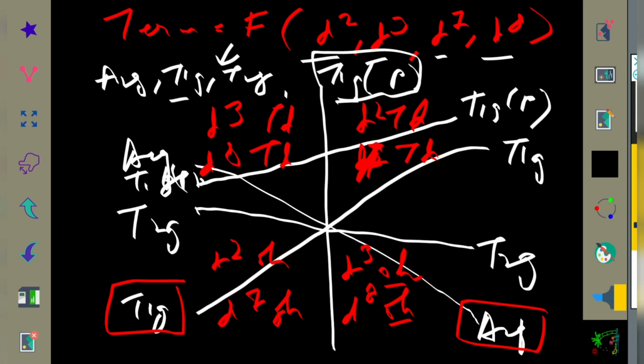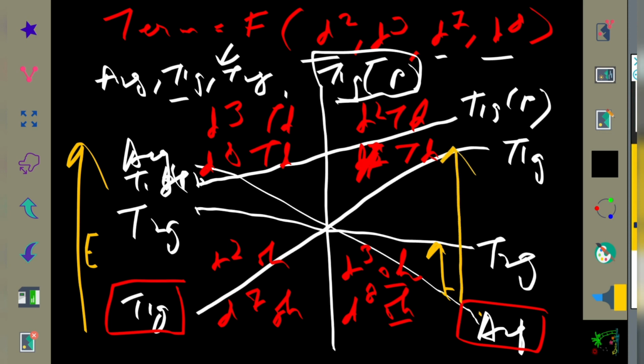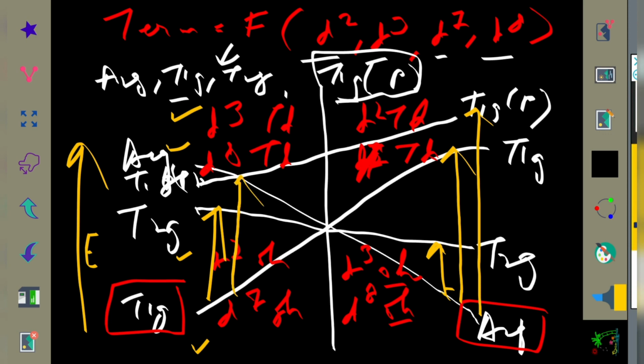Now one more thing, what are the various possible transitions that can take place here. So obviously it will always take place from the lower energy to the higher energy. Here the ground state is A2G, so from A2G the electron will excite. It can excite to T2G, transition 1. It can go to T1G, or it can go to T1GP. So three transitions could be possible. And for the D3 tetrahedral, D8 tetrahedral, or D2 octahedral, or D7 octahedral, the transition will be from T1G to T2G, T1G to T1GP, or T1G to A2G.